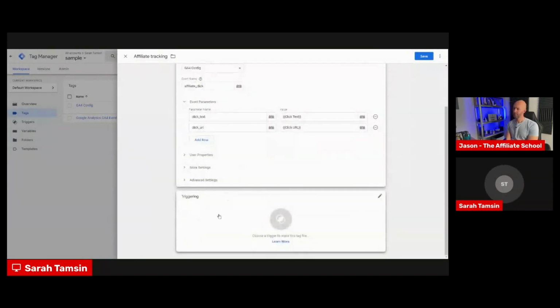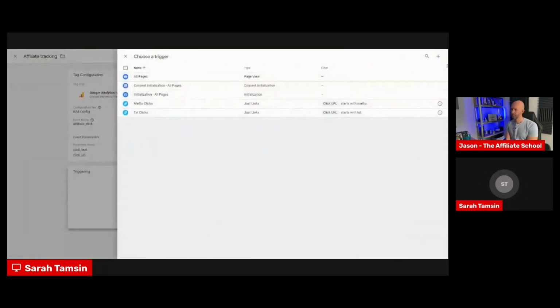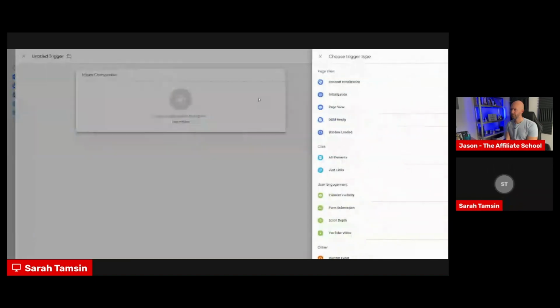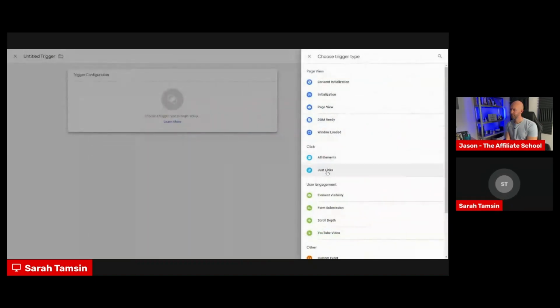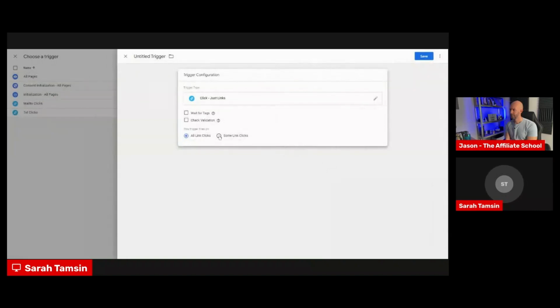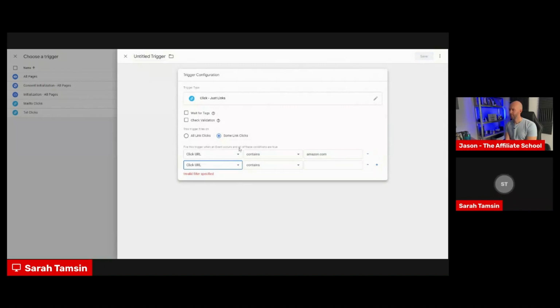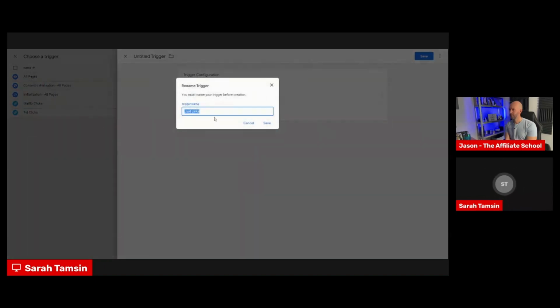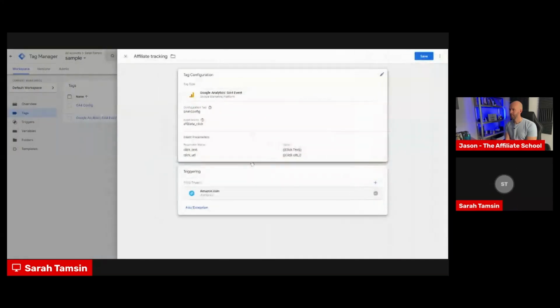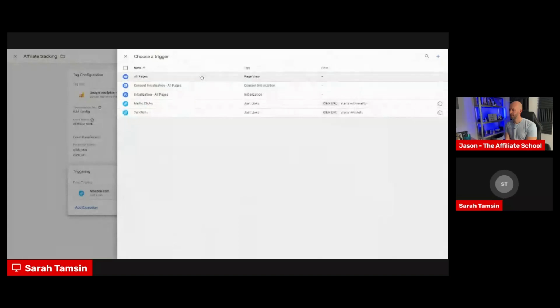Okay. And then we want this to be triggered by going to add a new trigger. It's going to be just links, and then we want some link clicks. And it will be if the click URL contains Amazon.com, for example. Oh, that's if all these conditions are true. Sorry. So I have to add another trigger. So call that Amazon.com, save. And then add another trigger so that it will,